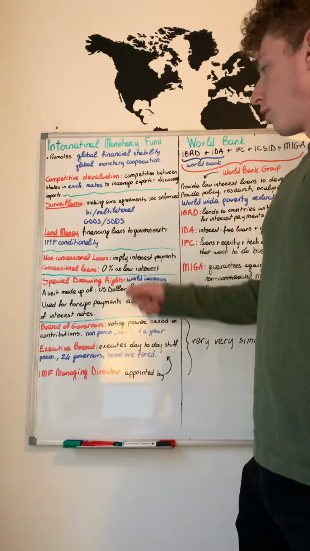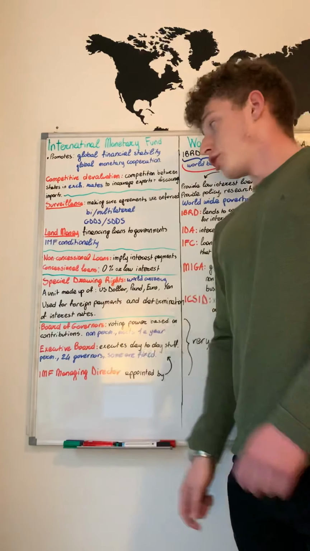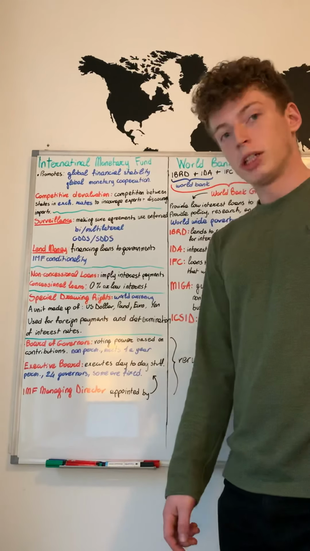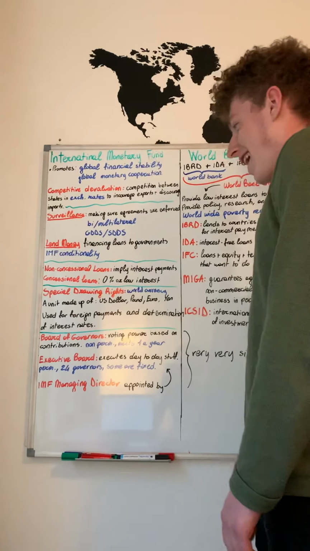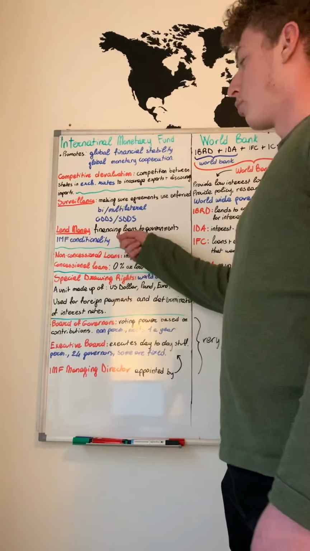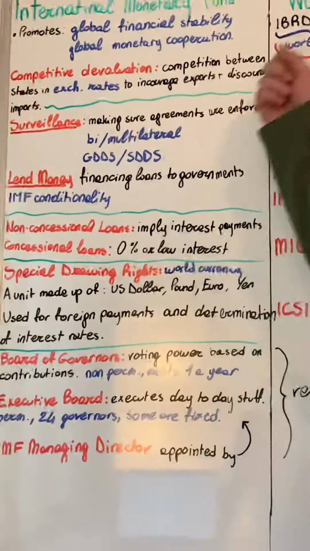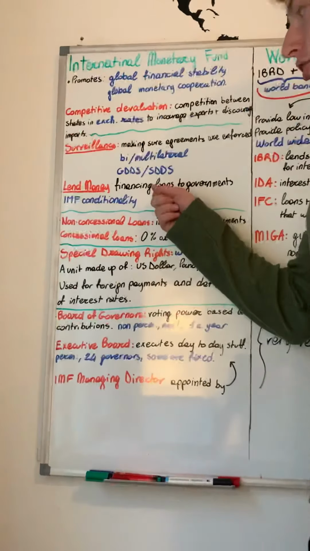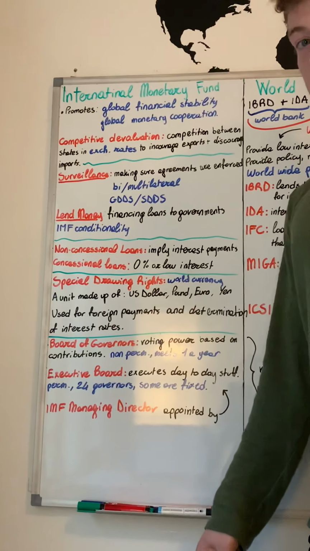But what they're most known for is lending money. They're also known as the lender of last resort. Greece really knows them. They're buddies. And it comes with a really important clause that makes it much more controversial than the World Bank, which we'll learn about later. The reason they're so controversial is that in order to get a loan from the IMF,